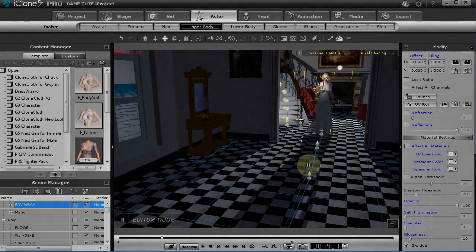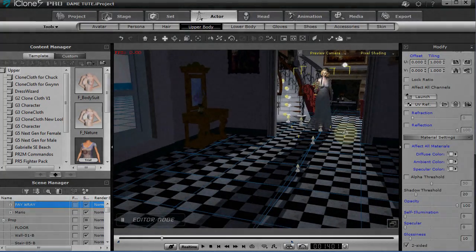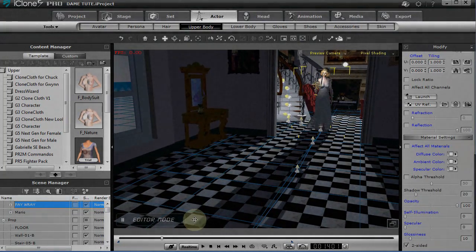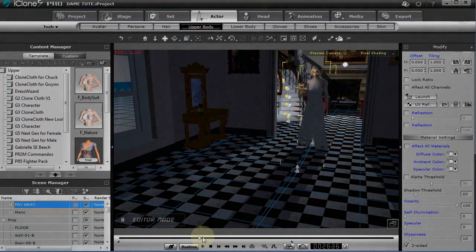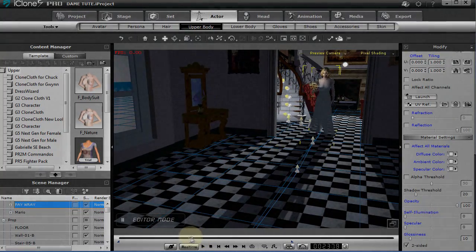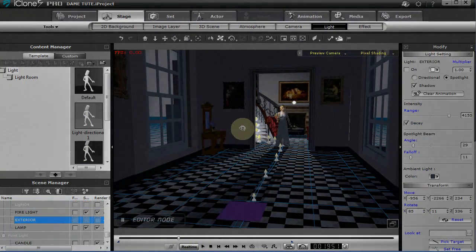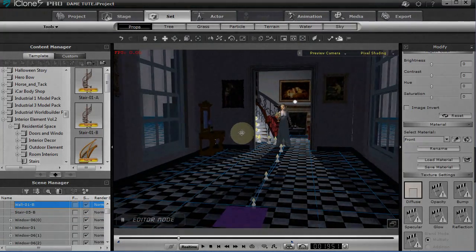I always like long shadows, and that's a great way to create a shadow. And it was motivated by the fire. So that kind of works kind of cool. And I gave it a little flicker effect, so it's kind of fading on and off to simulate a little bit of firelight. Okay, and now, of course, one of my favorite lights will be the exterior light, which we